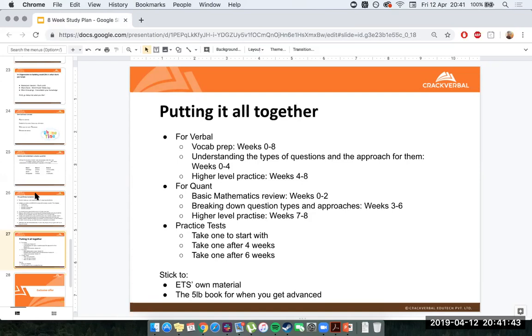After 4 weeks, at this point, you're probably done with your verbal concepts, you're progressing through the quant concepts, a good time to take a practice test, right? Good time to see whether you've made some progress, good time to see what has been the change from the time you started to now. And that's why it's good to take a test to start with. You'll certainly have made progress in these 4 weeks. You want to measure that progress. You want to be sure that, hey, okay, I actually got something out of this.